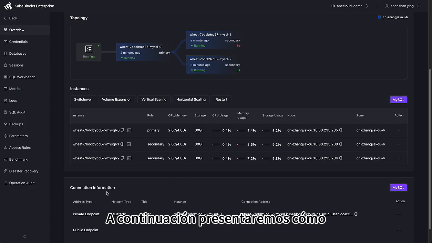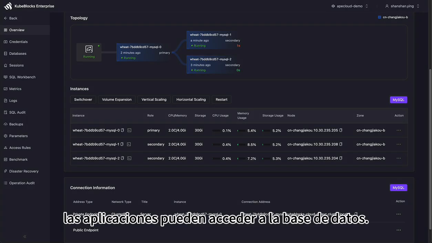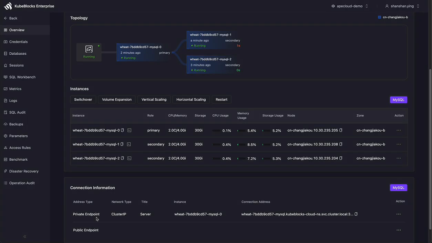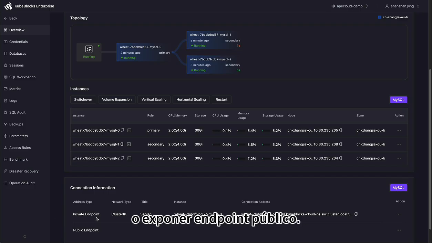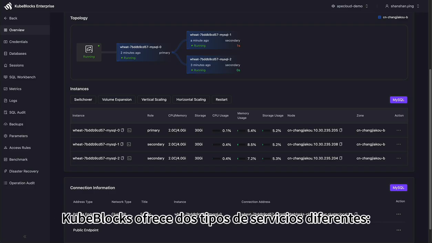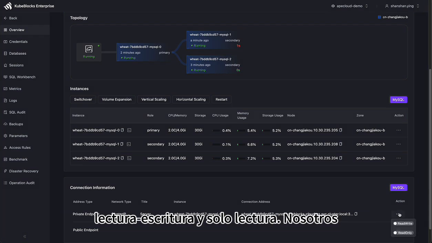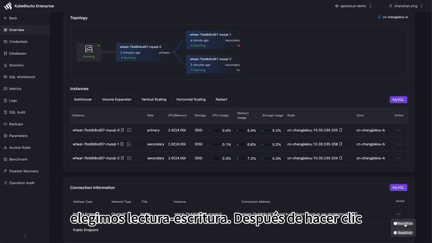Next, we will introduce how applications can access the database. Here, we provide 2 ways: through exposing a private endpoint within the VPC, or exposing a public endpoint. KubeBlocks offers 2 different service types: read-write and read-only. We choose read-write. After clicking,